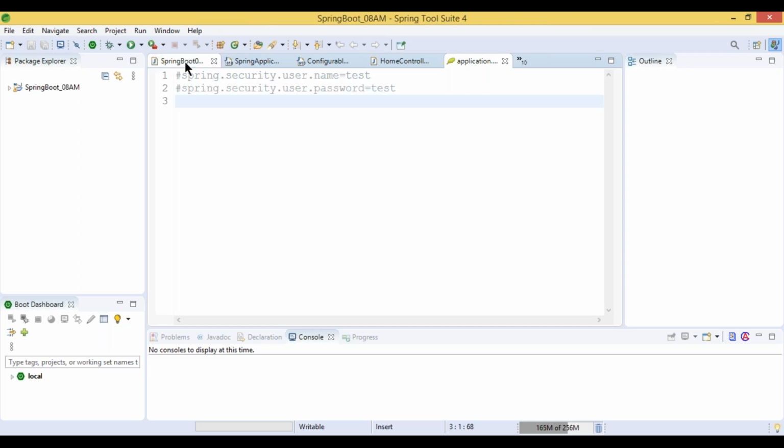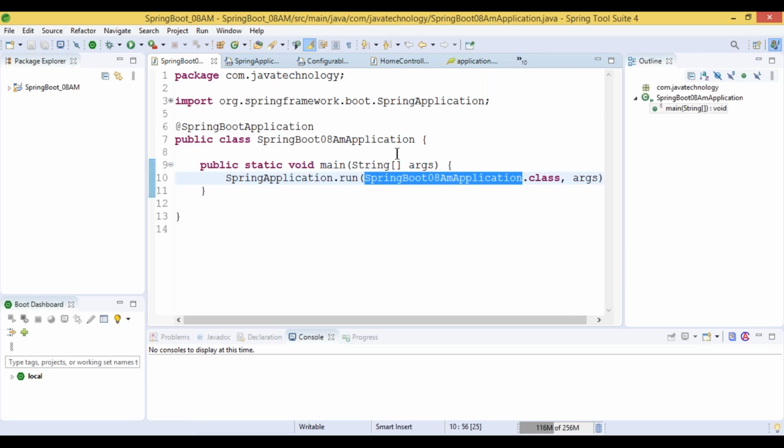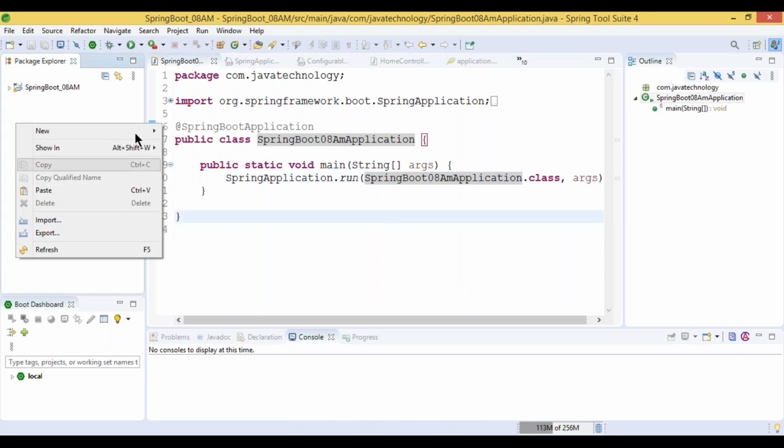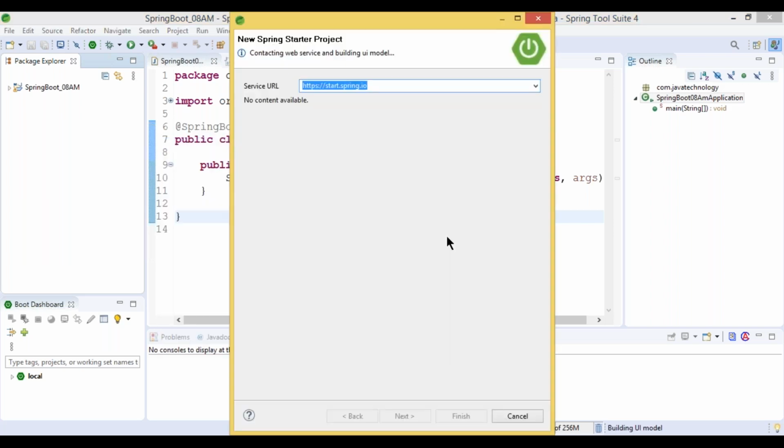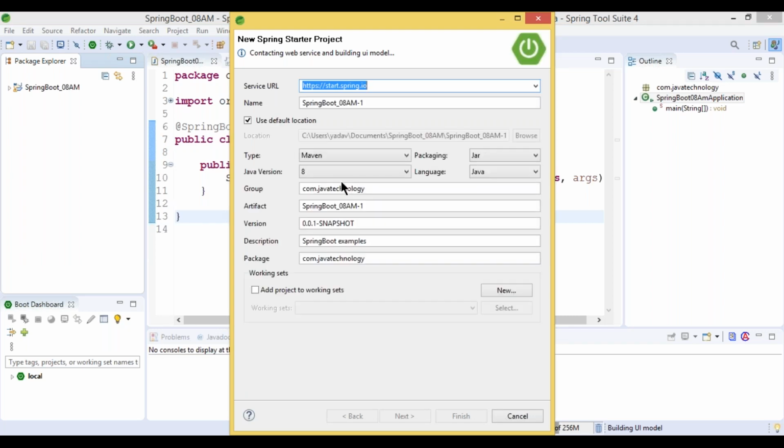So we did not discuss much information in yesterday's class. We simply created a Spring Boot application. I'm using the STS tool to get some advanced features compared to Eclipse. Whenever we create a new one, we go to Spring Starter Project. We need to take it as a starter project, and the jars we require we can select here using the check boxes.